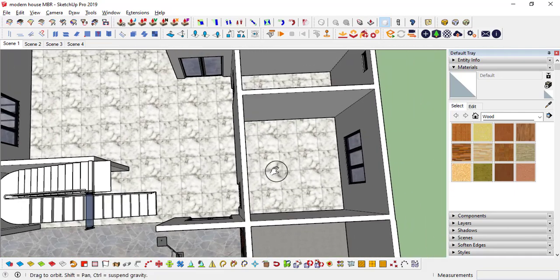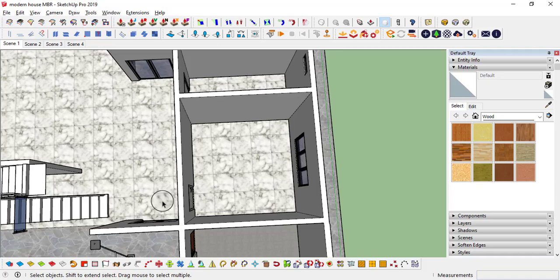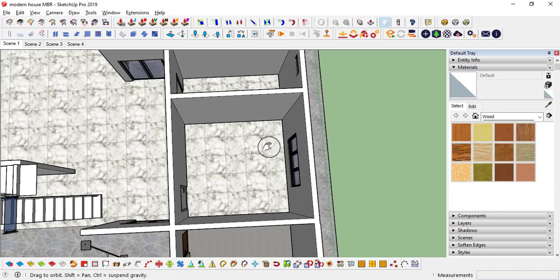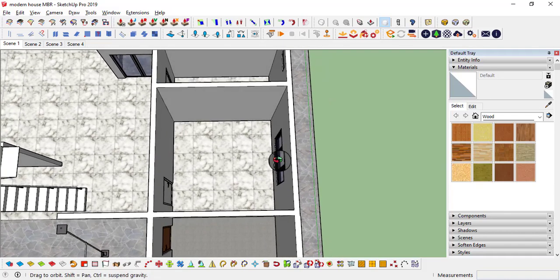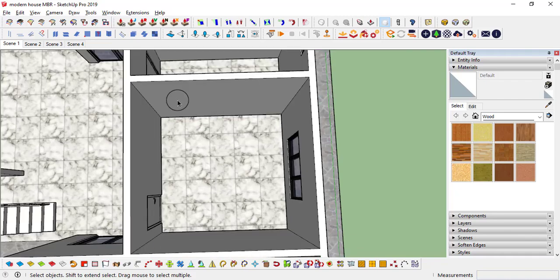Consider that we are entering into the room in this way, and here we have the window for the outside view. We have a plain wall over here and here. My plan is, if I make the bed in this way, here I can place the wardrobe, and opposite to that wall I can place the TV unit, which could be an efficient way to use this place.